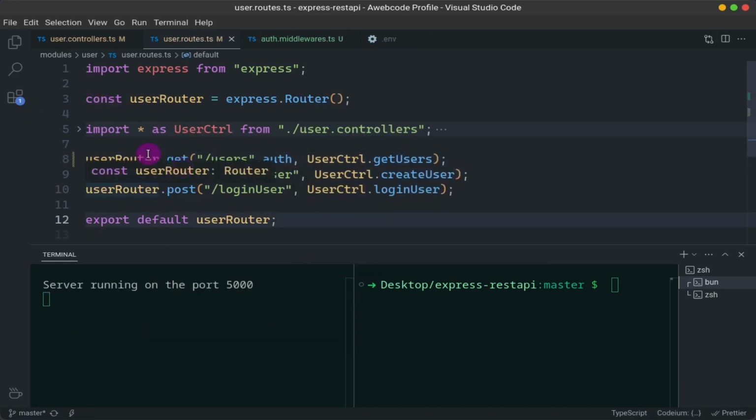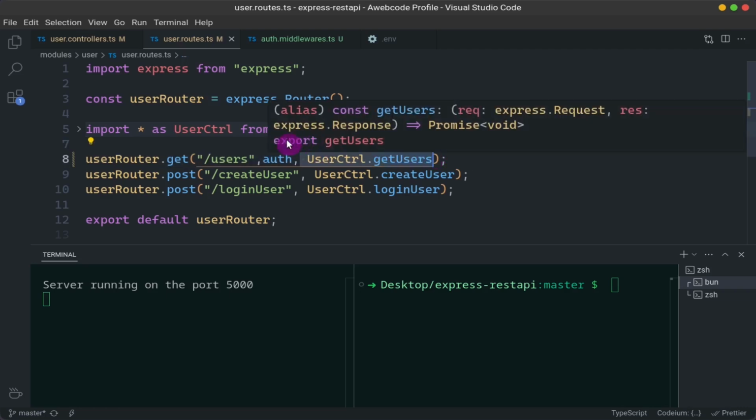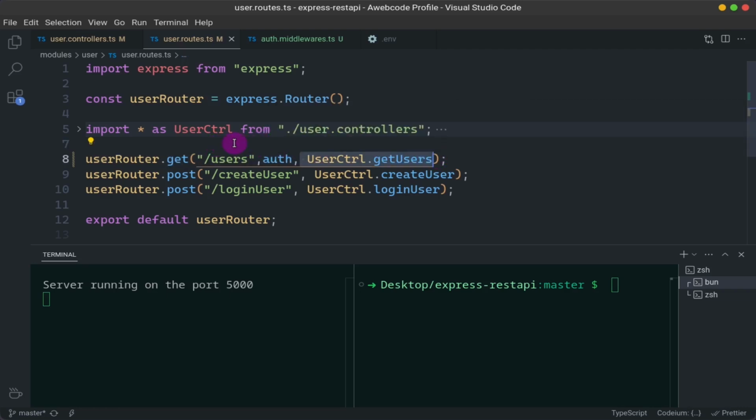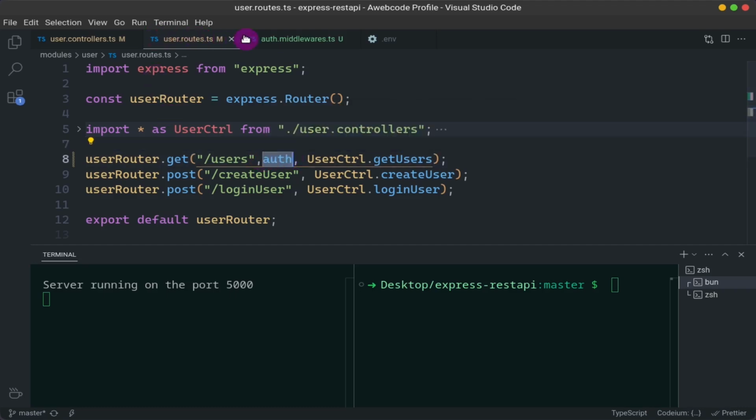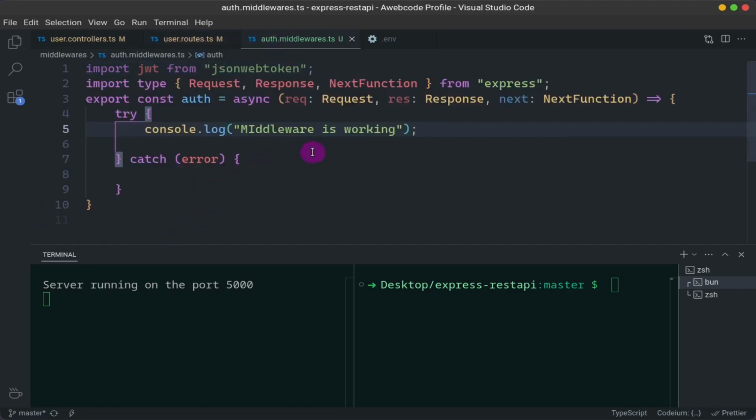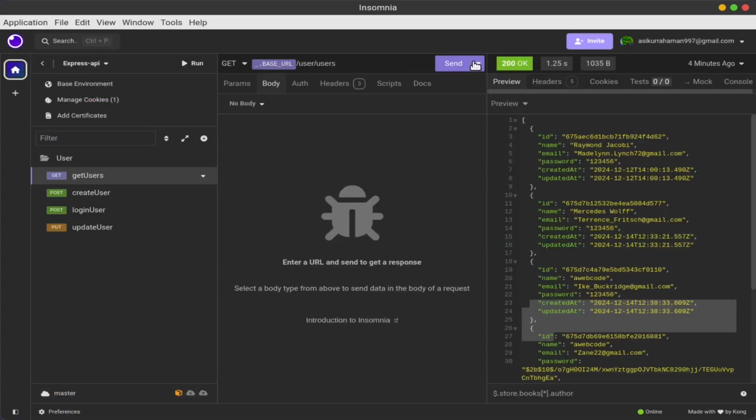Middleware, as I told you before, will work before your request proceeds to this controller. So whenever a user makes a request, first the middleware will be called, and you can write anything and change your request and response object from here, and you can do anything. So if we test it out,